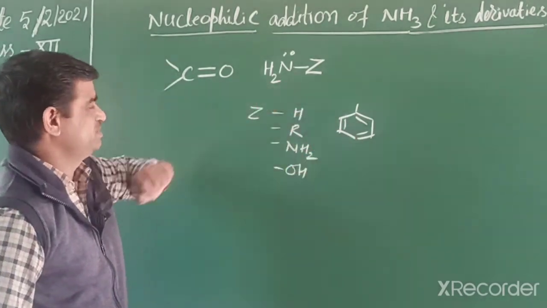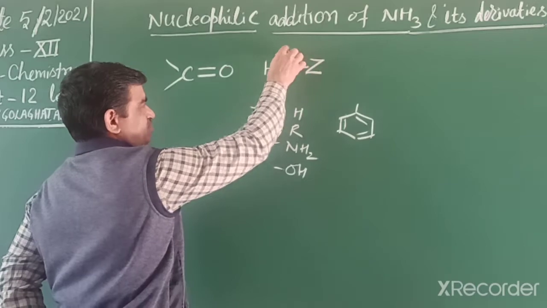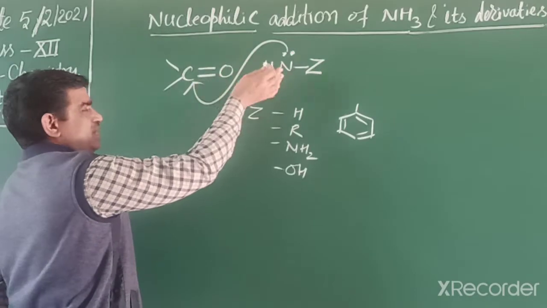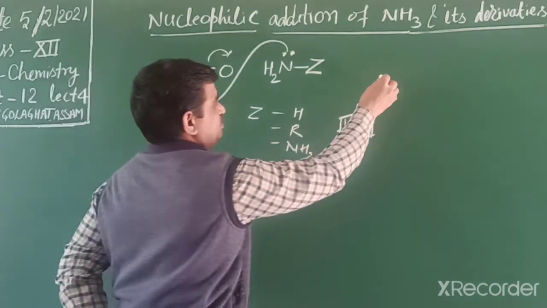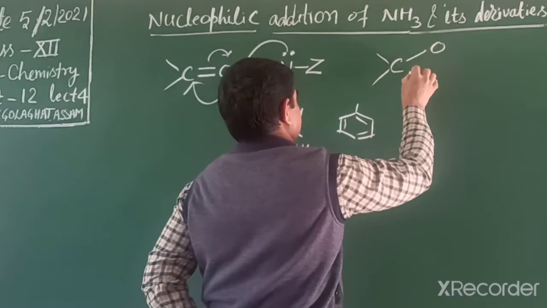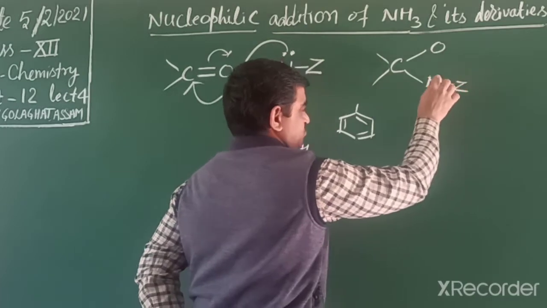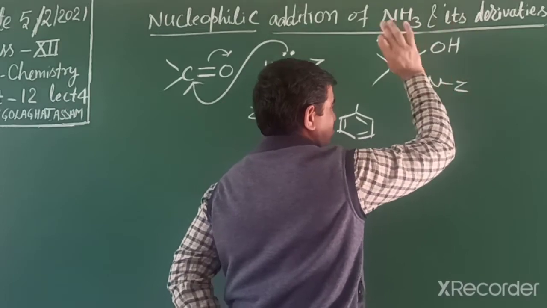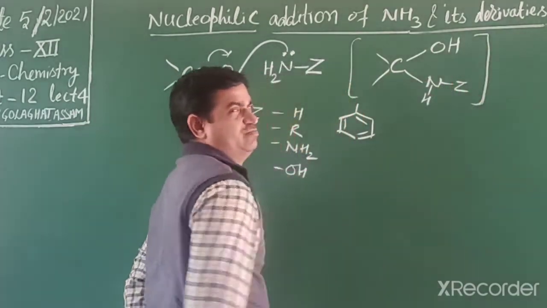First we understand how it reacts. It reacts because nitrogen has a lone pair. It attacks this carbon, either from the top or the bottom. So the sp2 hybridized carbon changes into an sp3 situation in this way. The nitrogen has NH and Z. One hydrogen is removed and attached to the oxygen, because the oxygen has a negative charge. This is a temporary, unstable product.